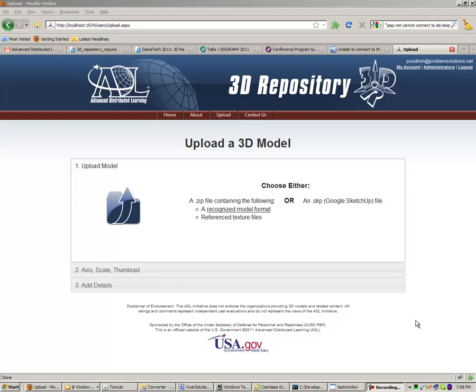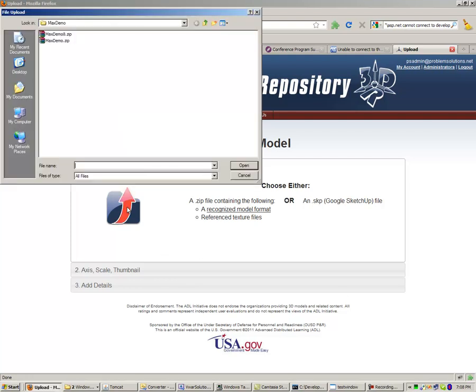Now, normally you can't parse a 3ds Max file without actually loading all of the 3ds Max code. Essentially, you have to have 3D Studio Max running on the computer that's hosting the website. If anybody out there knows of a better way to do this, I would love to hear about it. Either way, we've written into the conversion process the ability to spin up 3ds Max so that we can parse 3D Studio Max files. So what I'm going to do here is pick a Max file, and let me actually